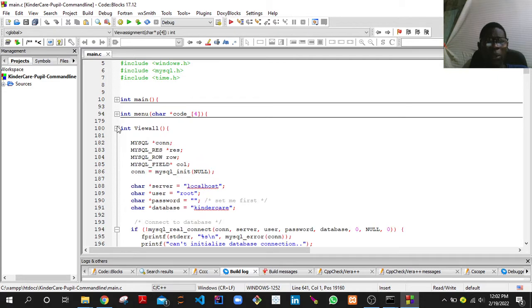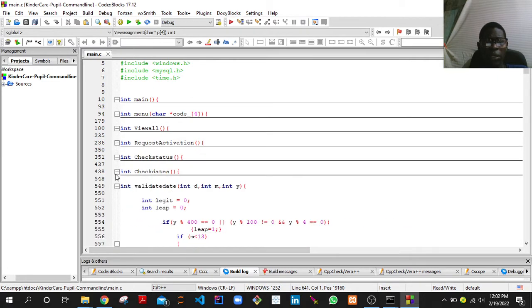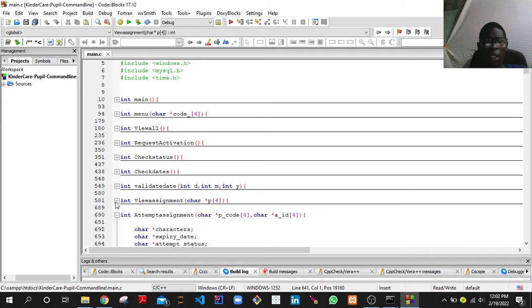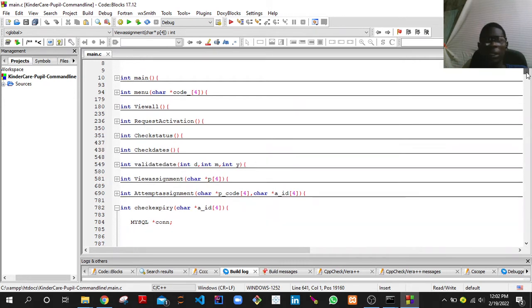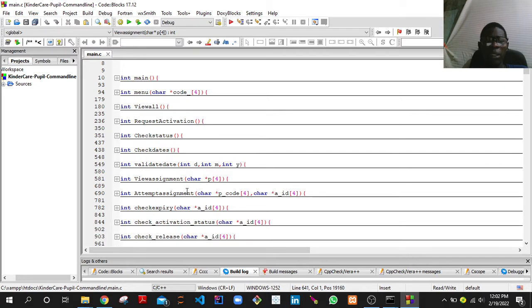So it was developed in a modular fashion. Main logs you in, you see the available options, and then you can request an activation for a deactivated assignment. You can check the status of your assignments, how many assignments you have, attempted, not attempted, in what percentages. Then you can check dates, and they will validate your dates, for example whether it's a leap year, and for an even year, February should be